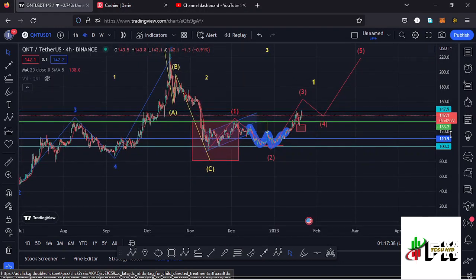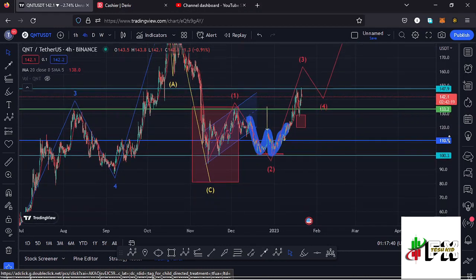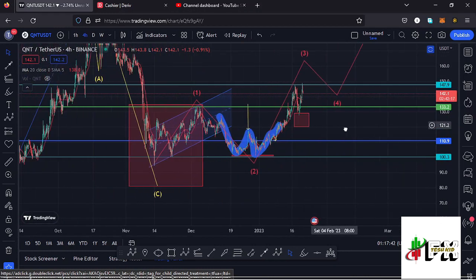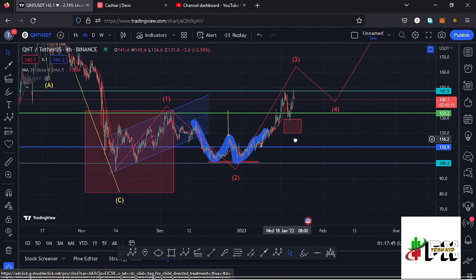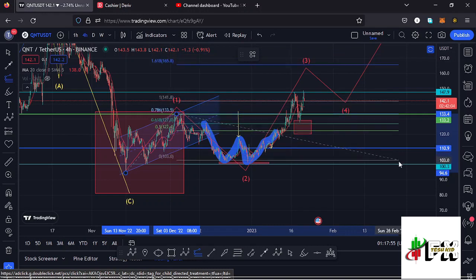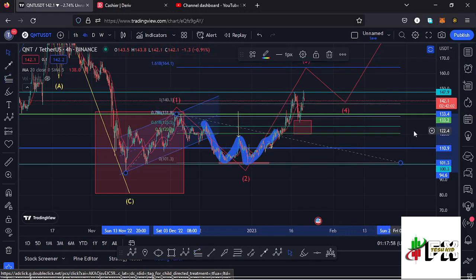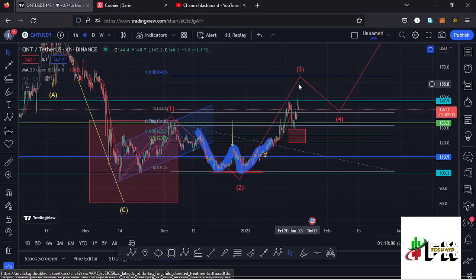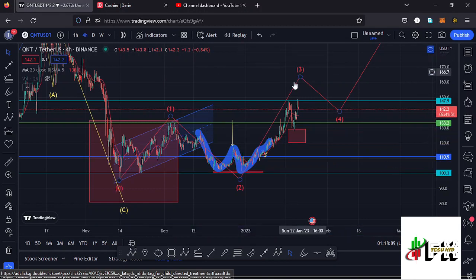And getting a little bit into the details of the formation of this wave 3, which I believe is playing out, I'll first start by sketching out a minimum target area to the upside by connecting the trend-based Fibonacci from the low of the first wave to the high of that wave 1, then dragging the fibs to the low of the second wave. That gives me a minimum target area to the upside in the formation of that wave 3 at the fib level 1.618, which perfectly lies at around the $164.1 mark, and that is the minimum that I'm expecting quant to do